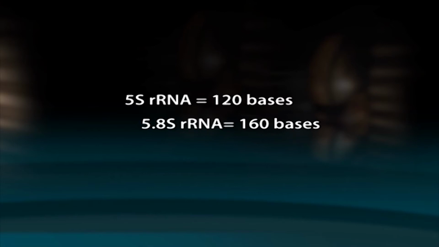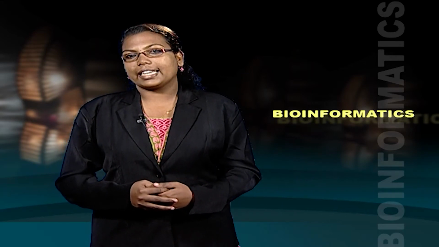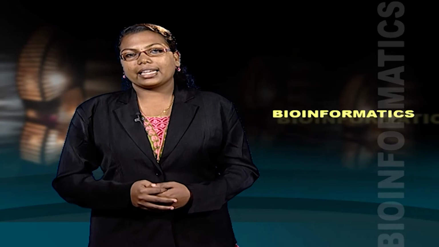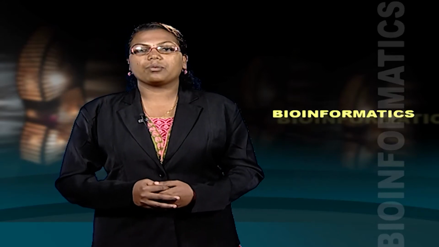The 60S ribosome contains 3 rRNAs: 5S rRNA, about 120 bases, 5.8S rRNA, that is 160 bases, and 28S rRNA, about 4700 bases, and about 15 proteins. Like mRNA, each is transcribed from one of the DNA strands of a gene. 5S rRNA has its own gene. The others are synthesized as a single transcript that is then cleaved to release the mature RNA molecules that become